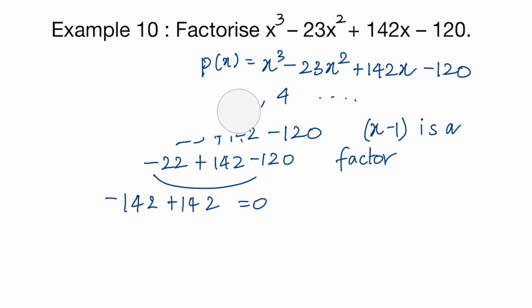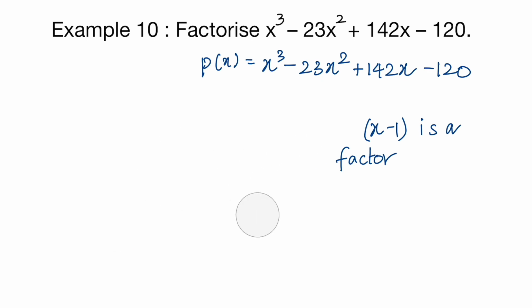let me just erase a few things from here. Now you can either divide this polynomial by x minus 1, which is quite difficult. I mean, it's not that easy. So you're going to try to take x minus 1 as a common factor out of this. So we are going to try and rearrange this polynomial. If you were to take x minus 1 from this polynomial, how would you rearrange this? So what I'm going to do is x cube minus 23x squared, and we have